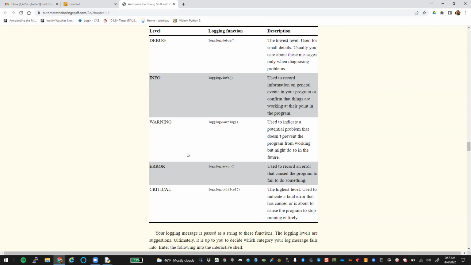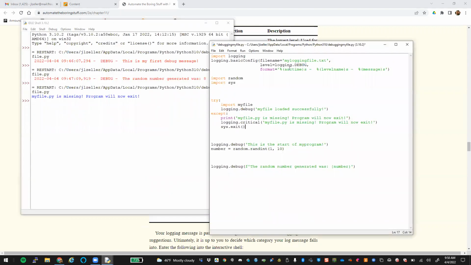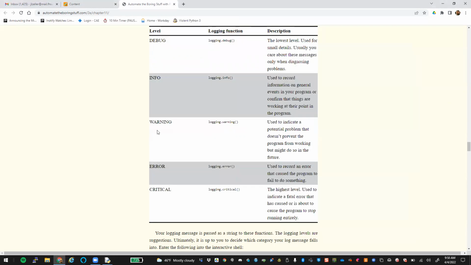Correct. You're going to get warning, error, and critical. If we were at logging level warning, and this is the level that I'm talking about in this file, right? When I set up my import, I say my level is logging.debug. If I was to set this to warning, then I would only get messages from warnings, errors, and criticals